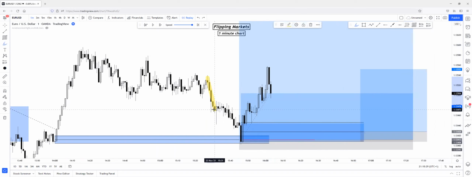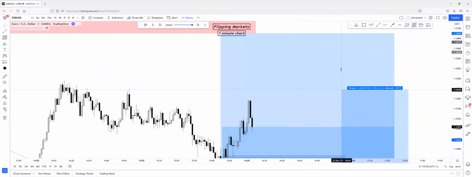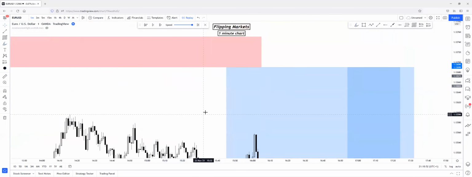This was a really valuable supply zone here because it created inefficient push to the downside, swept this liquidity, broke structure to the downside, and price actually broke through this high point and swept liquidity from here. So yeah, it has a great chance to sweep this liquidity and sweep this liquidity also and tap into this zone. So if you'd like to, you can enter in a trade right here and you can target the same zone